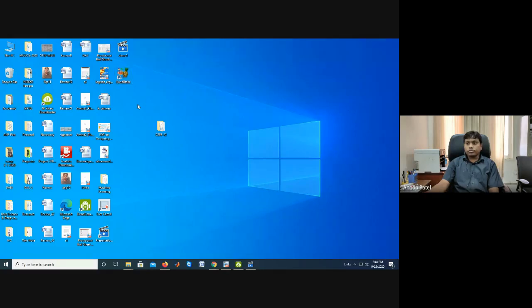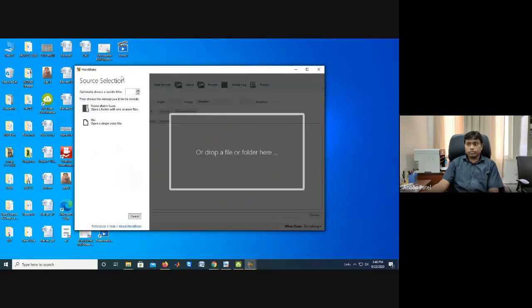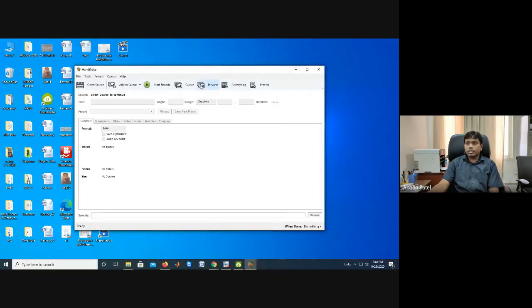We can open Handbrake from here. This is the home page of Handbrake.